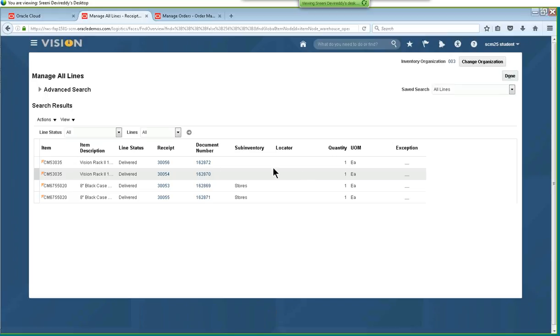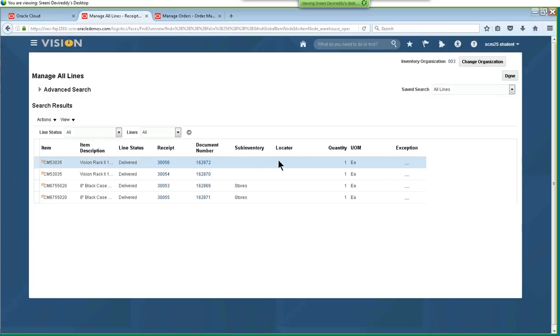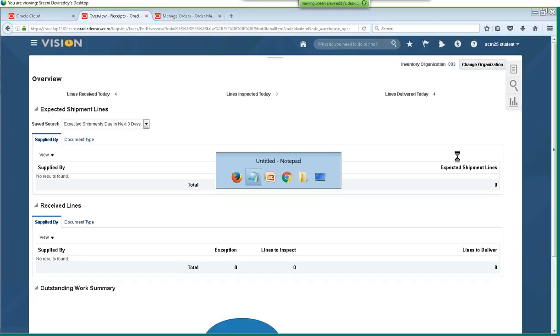This is the logical receipt. So that's the one, 2872. And you see there is no subinventory or anything, so it does not have any impact on the on hand quantity. It's just a logical receipt and logical delivery. So that's the second one. And the third one we'll show you later in the week is